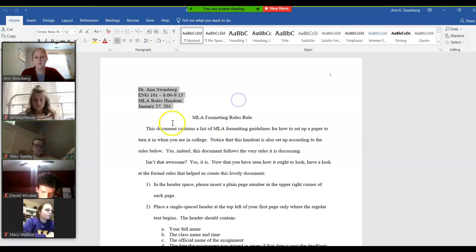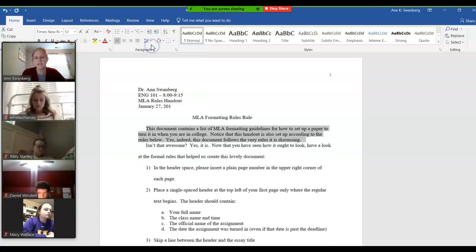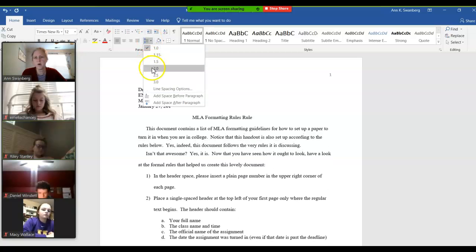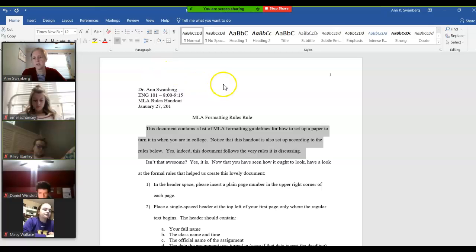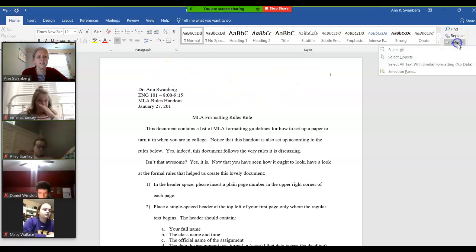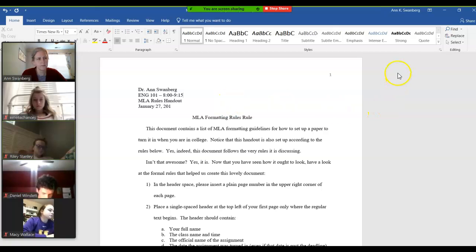Okay. This part is double spaced. Never double space by hitting enter. You single space by hitting 1.0 and then double space by clicking 2.0. Remember, you can select your whole document by going over to select and choosing select all. Okay, it saves you scrolling around. Okay,